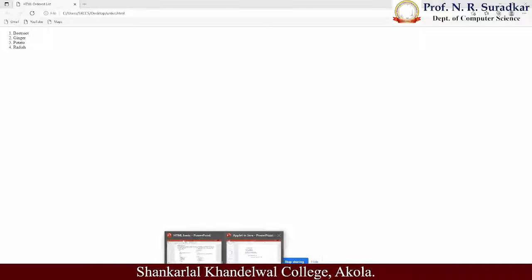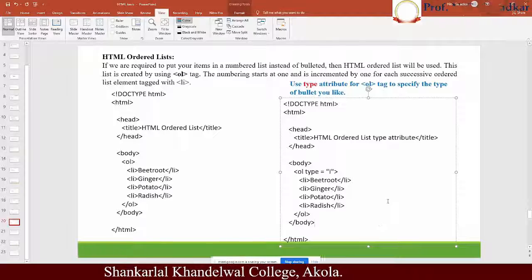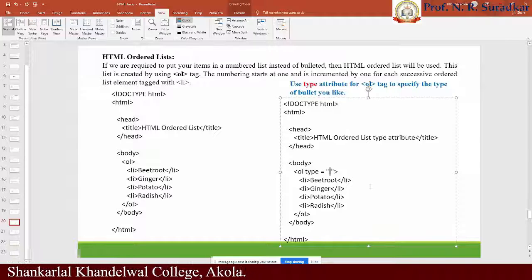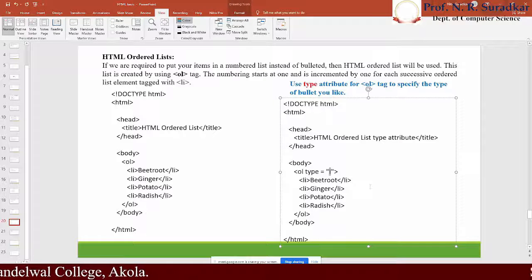There we put the values square, circle, disk, etc. Likewise, in this program, we use type and put the value Roman numbering format or capital A format or any other format, whichever you prefer.